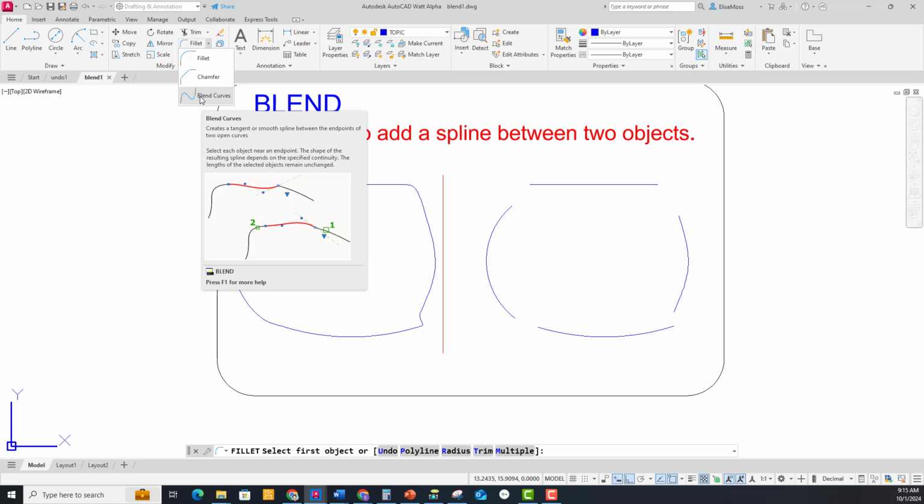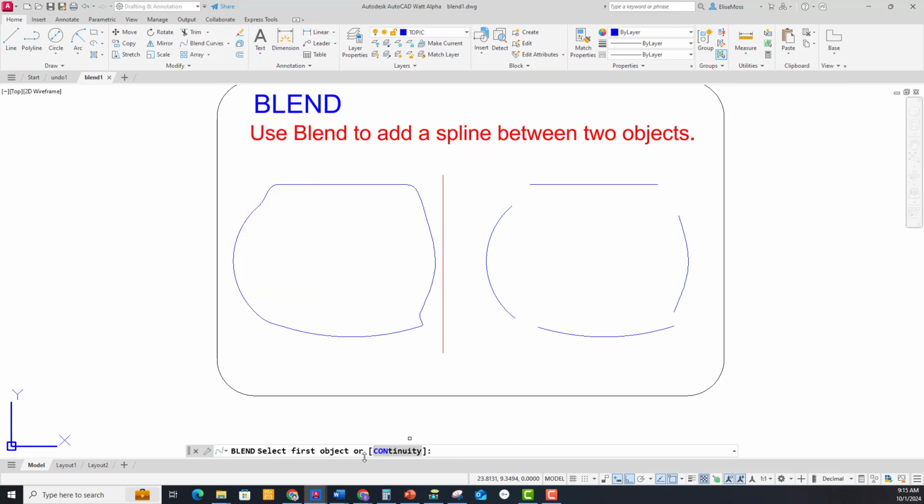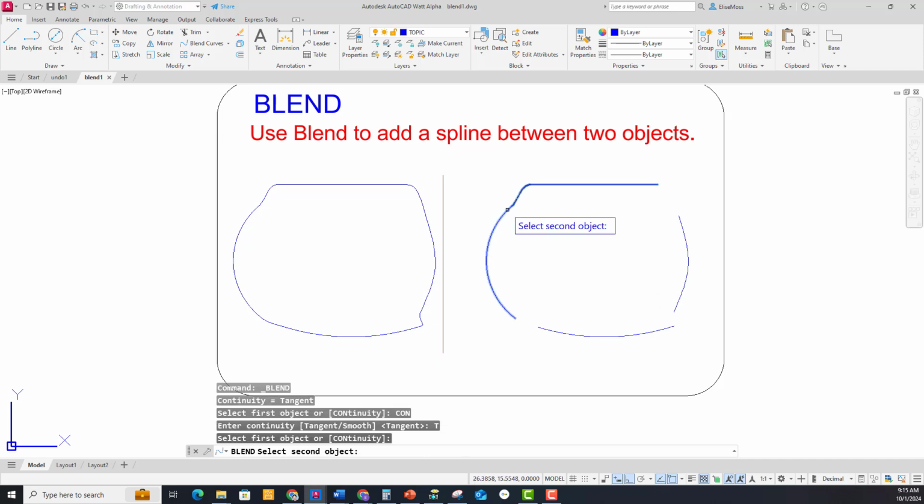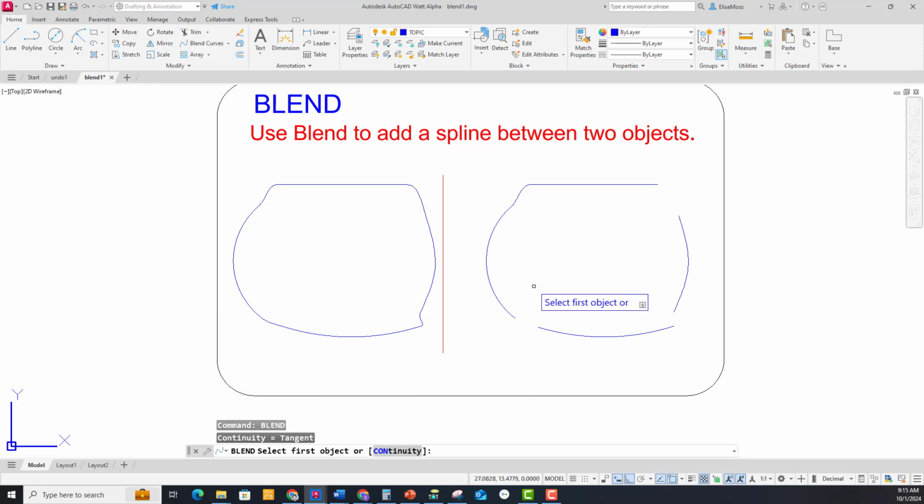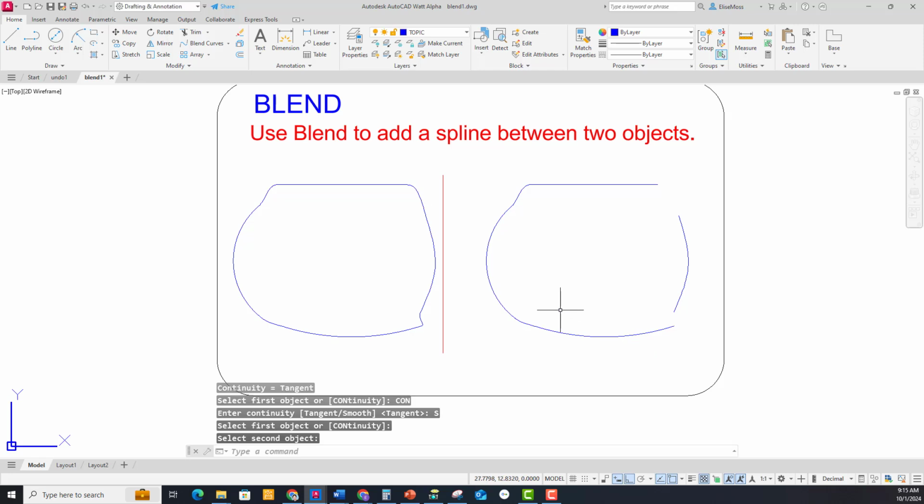So we're gonna select blend curves, and notice we can select the first objects or set how we want continuity to look. So if we click on continuity, we can say whether we want to do tangent curves or smooth curves. So let's look at it if we use tangent curves first, and we just go along and this time we'll do a smooth curve and select the first object and the second object so you can see